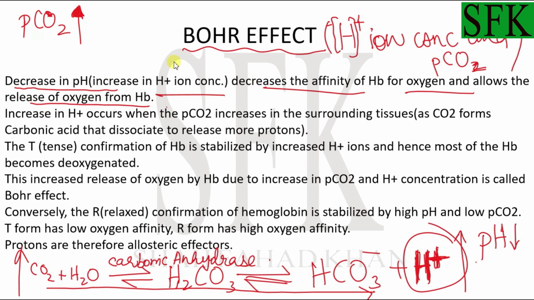All right, so H positive ions have a much higher affinity for hemoglobin, basically for the deoxyhemoglobin. So if oxygen is attached to hemoglobin, it must be removed so that the H positive ions can bind to the hemoglobin, because of their higher affinity than the oxygen molecule. An increase in H positive ions occurs when the partial pressure of carbon dioxide increases in the surrounding tissues, and carbonic